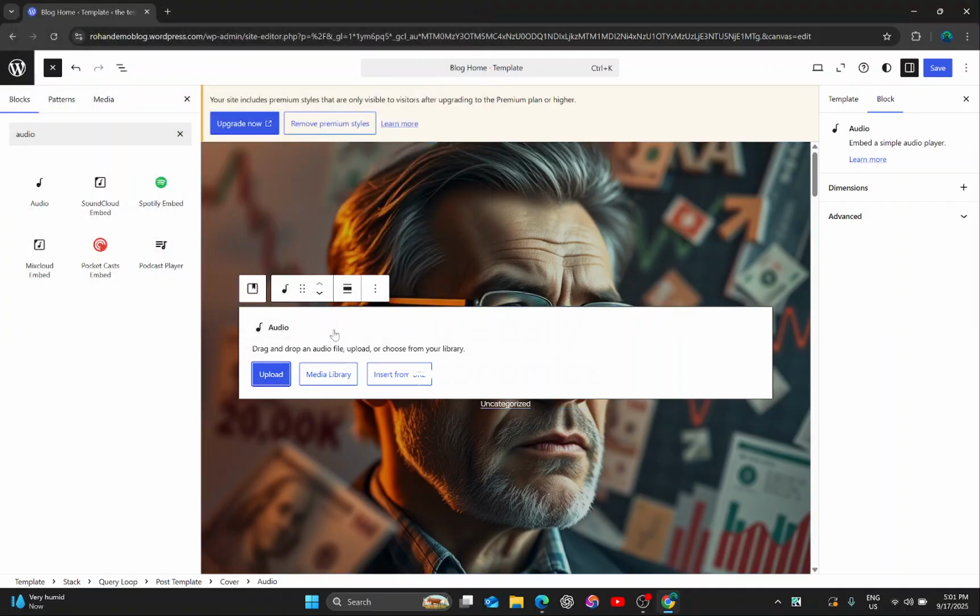You can also put audio from the media library and insert from another URL. After that, simply click on save to save all of your actions, and that is how you add an audio block